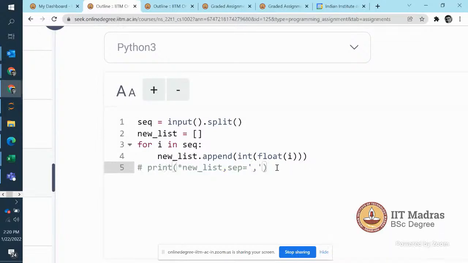So if I comment it out over here, I may apply it like this as well: for item in new list, and I may print, or I can say for j in